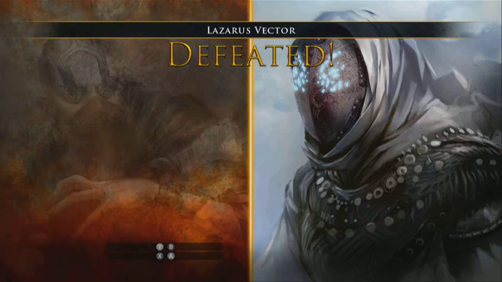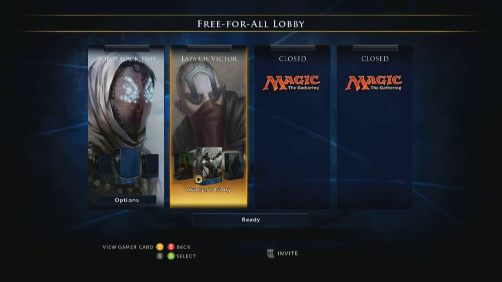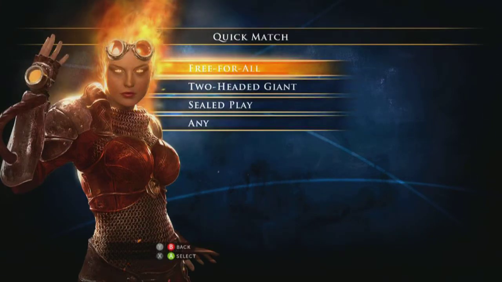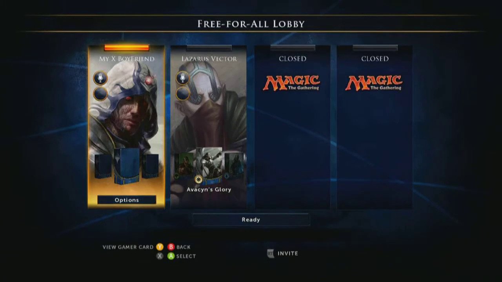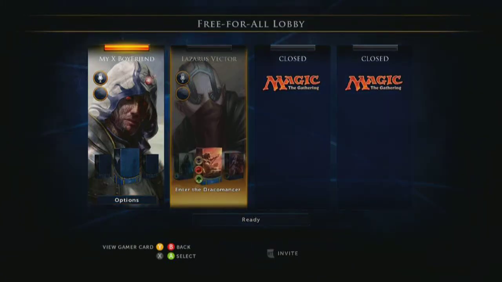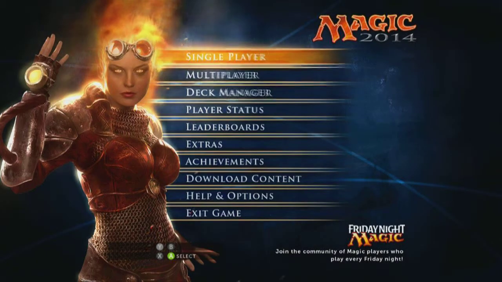Well, being that that was a rather short match, I believe we will back out and actually see if we can't find another match and perhaps play with a different deck this time. Yeah, I pretty much got wrecked there, unfortunately. So let's go ahead and head into free-for-all again. See if we can't find another opponent. And I think this time I'm going to try using...